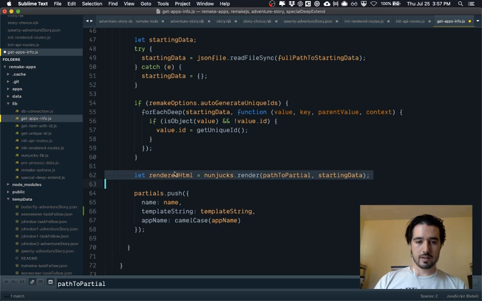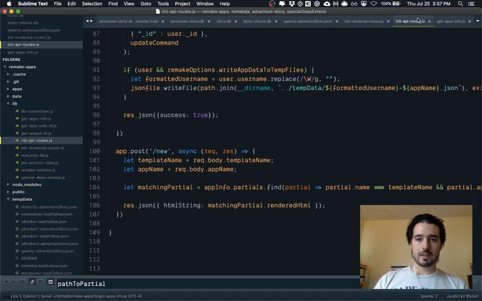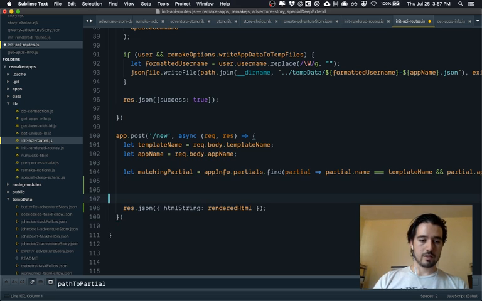And it doesn't have the rendered HTML. And then in this page, I'm going to find the matching partial, and it's not going to have rendered HTML. I'm going to have to get that rendered HTML by saying